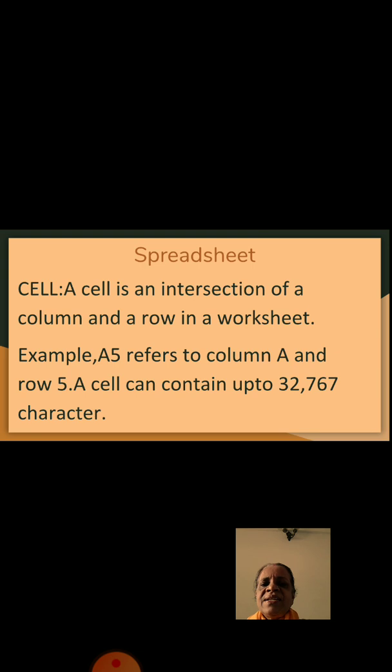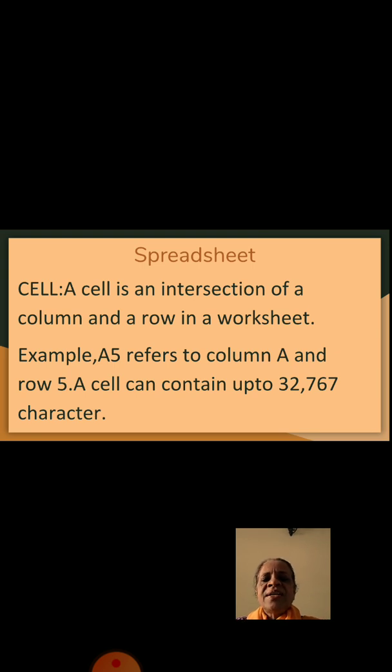A single small block in a worksheet is called a cell. A cell is an intersection of a column and a row. Always say a cell is an intersection of a column and a row in a worksheet. Example: A5. A5 is a cell where A represents a column and 5 represents a row.